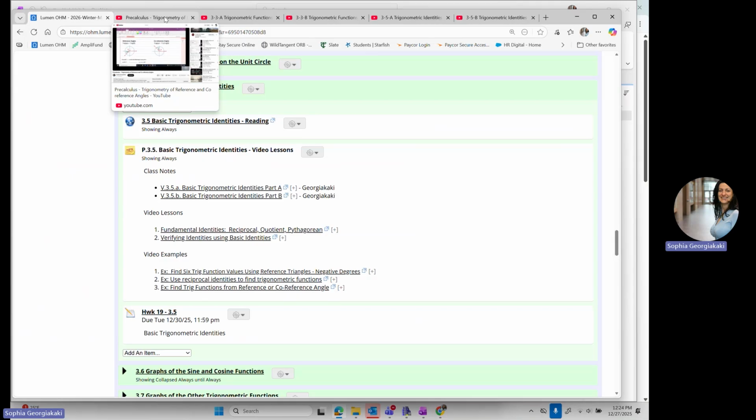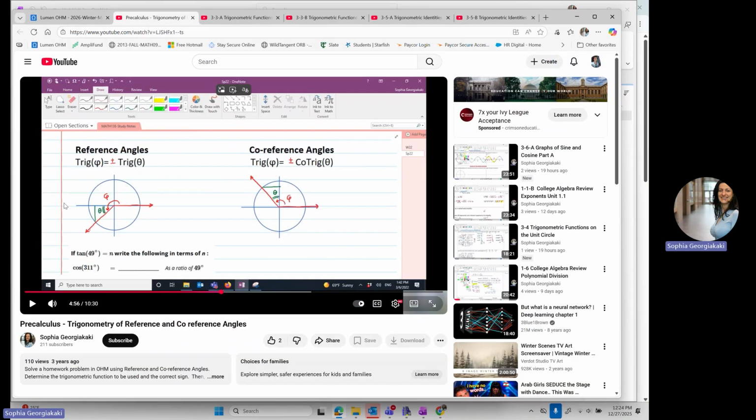And the particular part of the video that is very important is that you need to be able to identify in which quadrant your angle lies, and if the angle theta is a reference angle or a coreference angle. And the quadrant of your original angle in the problem will determine the sign of the trigonometric function you are looking for,